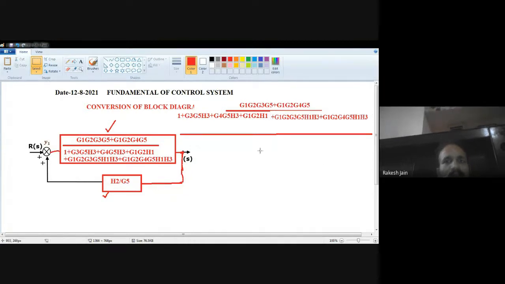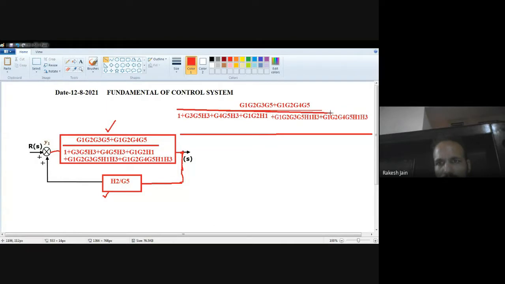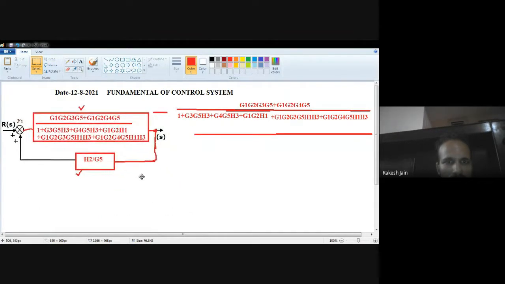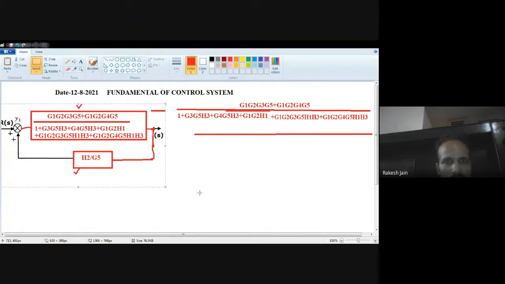Okay, so this is my forward gain now. I just remove the heading of the topic also. Okay, so this was my forward gain, divided by 1 plus or minus. I just move this question also a little bit. So this was my forward gain divided by, so I just draw a sign of divide.